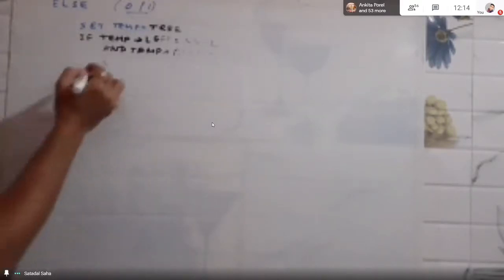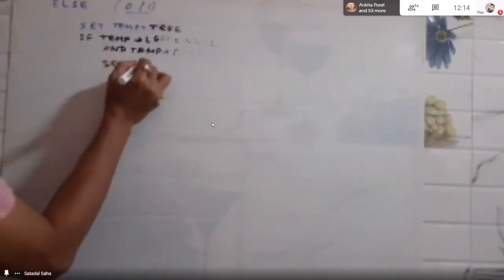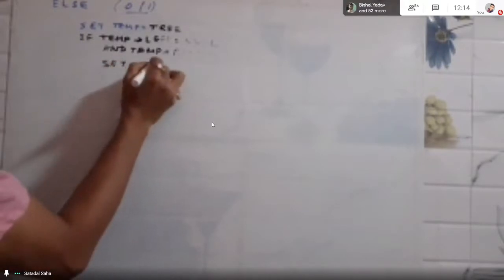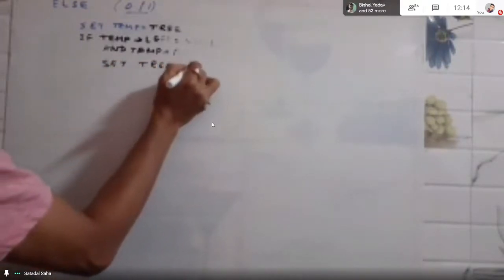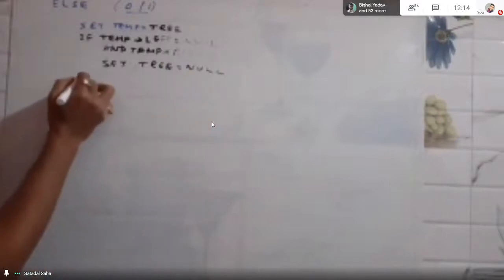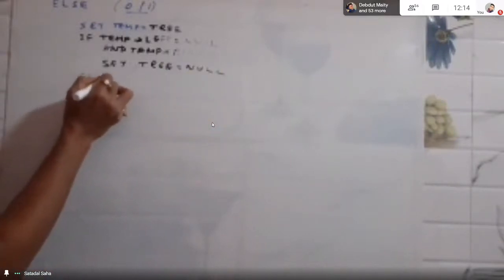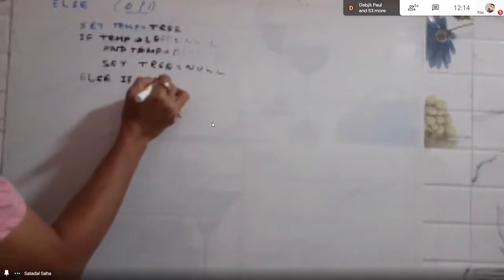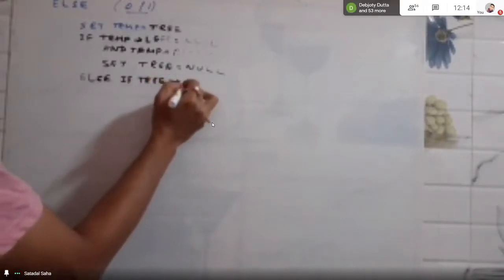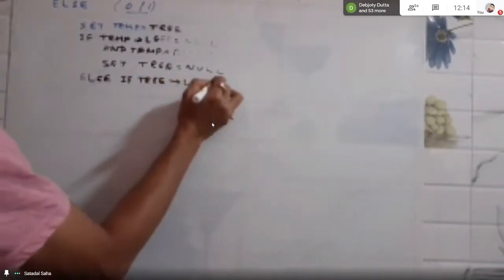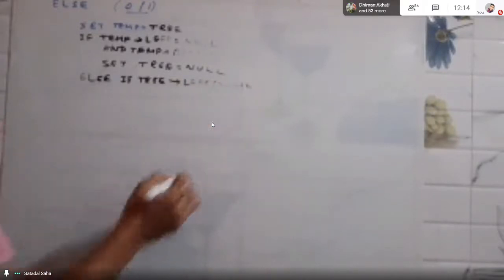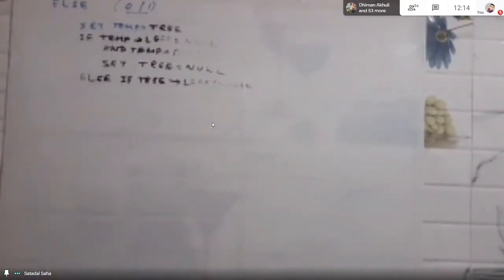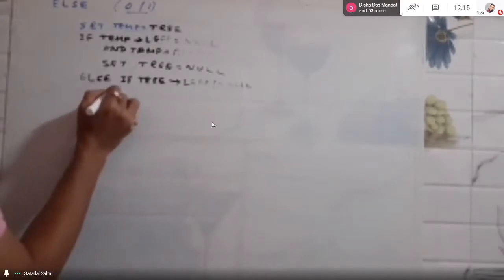Next one, problem number 9. T of n equal to 0.5 into t of n by 2 plus 1 by n. So in this case a equal to 0.5. So just check it. A has to be greater than or equal to 1, but a is less than 1, isn't it? Therefore this is not valid. So this one is not according to the Master's theorem. So we cannot apply that formula to such kind of question.